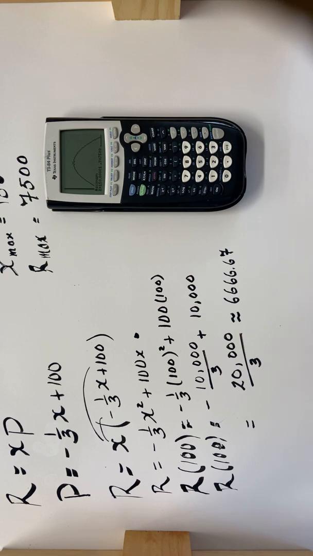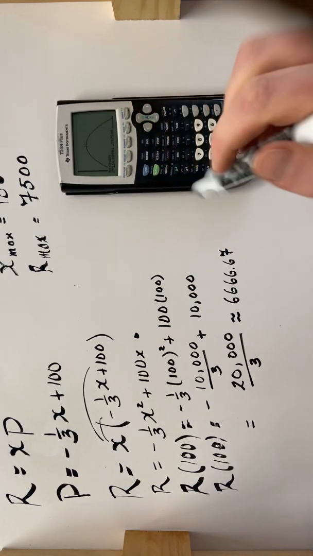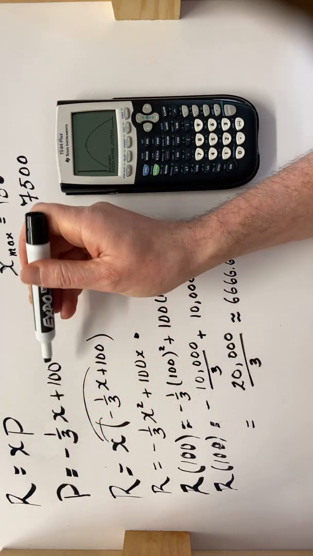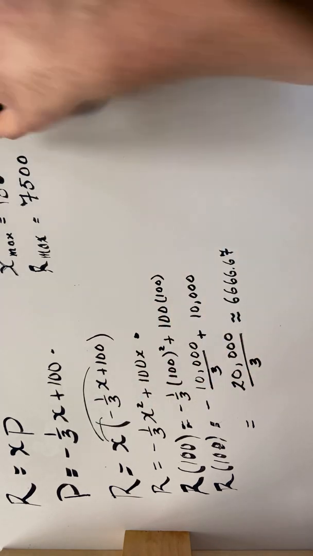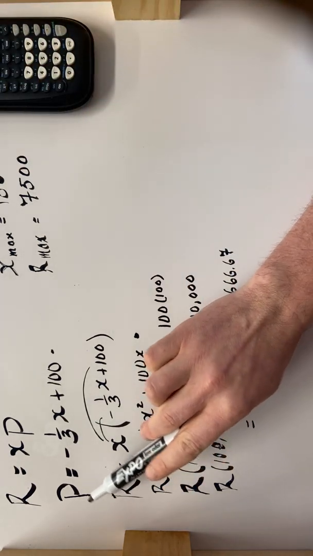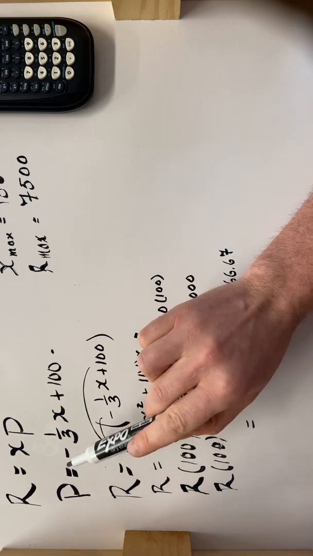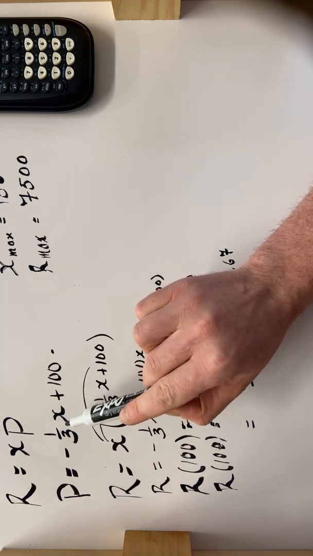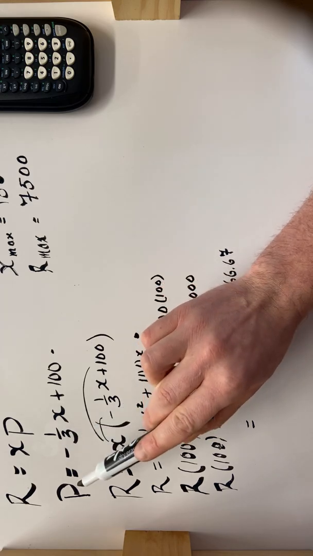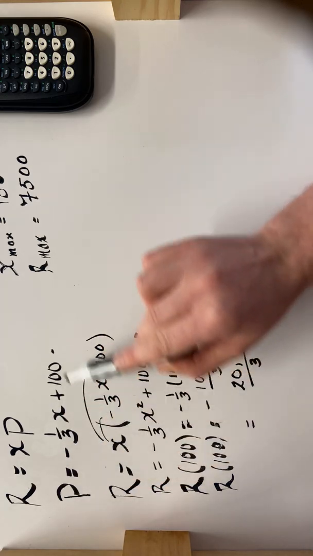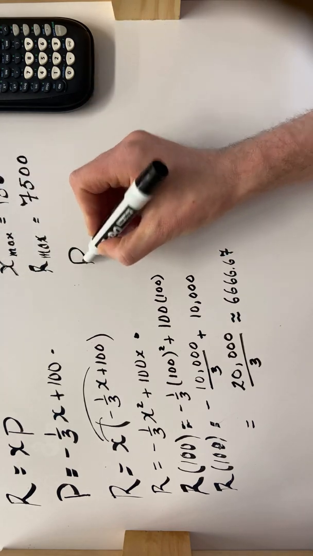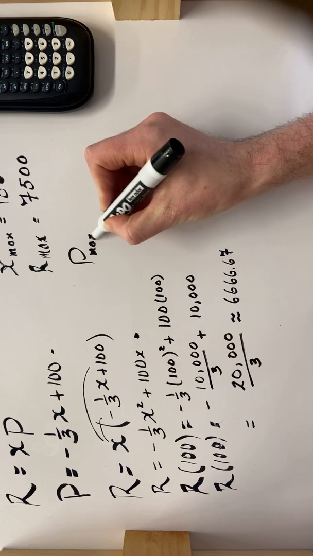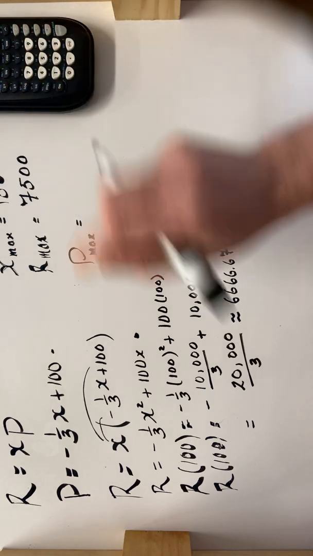The final part of the question asks, what price should the company charge to maximize revenue? In order to find that out, I'm going to go back to this equation. This is my price equation. I know that my P max, the price that maximizes revenue, will occur at my value of X that maximizes revenue. So I'm going to substitute into this equation my X max value. So my P maximum, the price that maximizes revenue, is going to be equal to